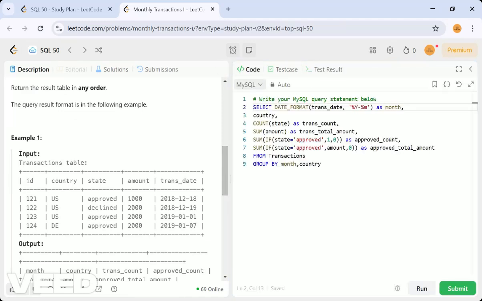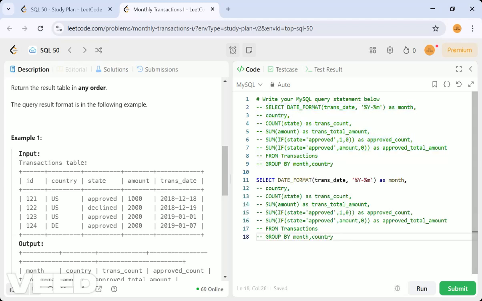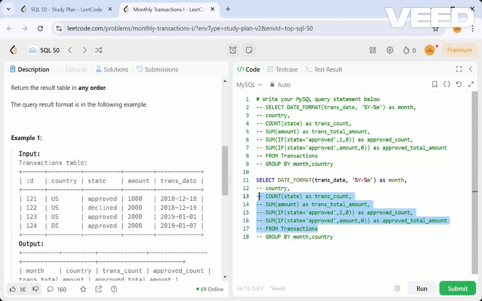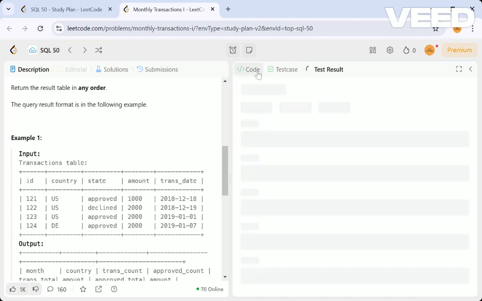So see, as we discussed in the previous problem, if there are any such conditions, you can achieve the same by using the case thing also. Let me comment out this part and just select this, placing here. Sorry. Let me uncomment this part. So the grouping by is like this now. In another way, what we can do is 1 comma 2. You can group with the first column, and then the second one, like this also. That will also give you the same result.